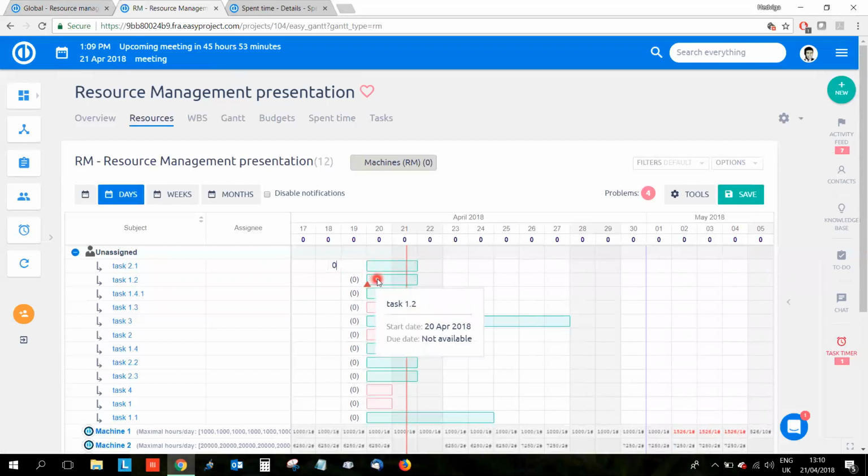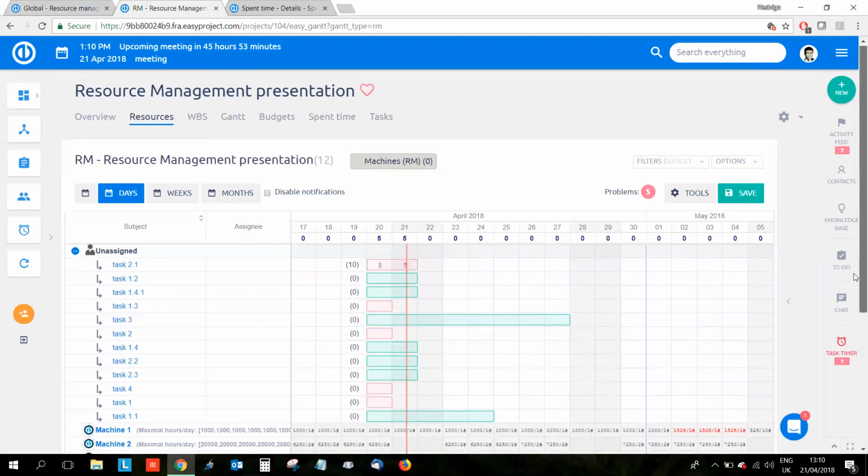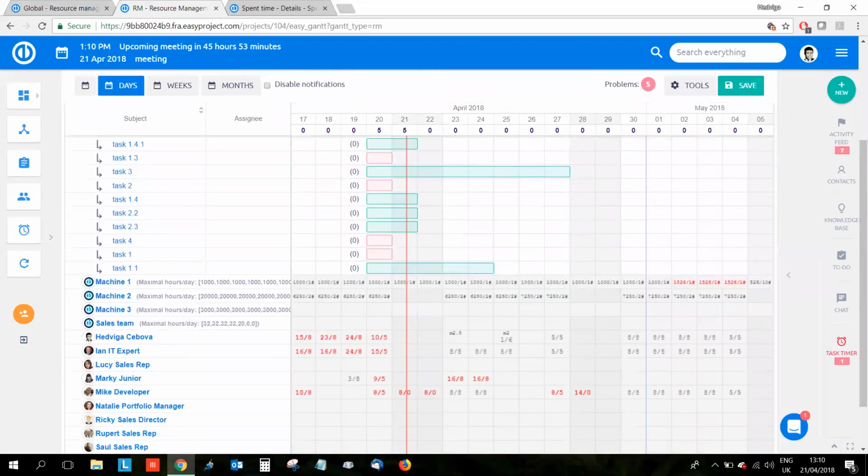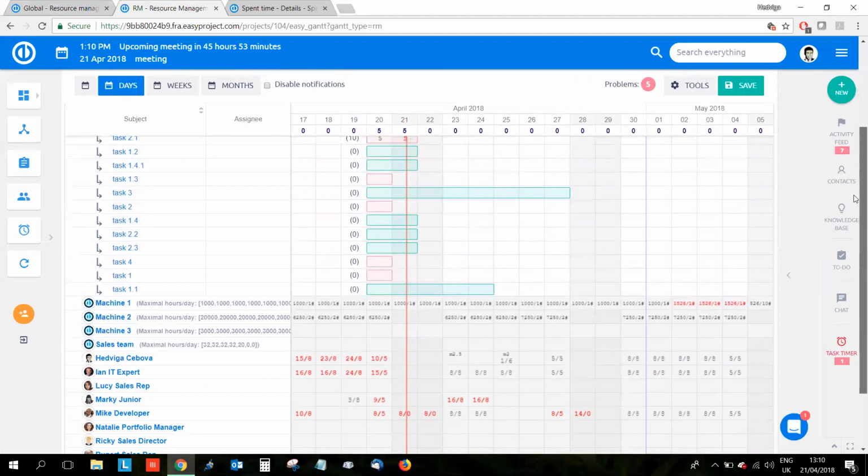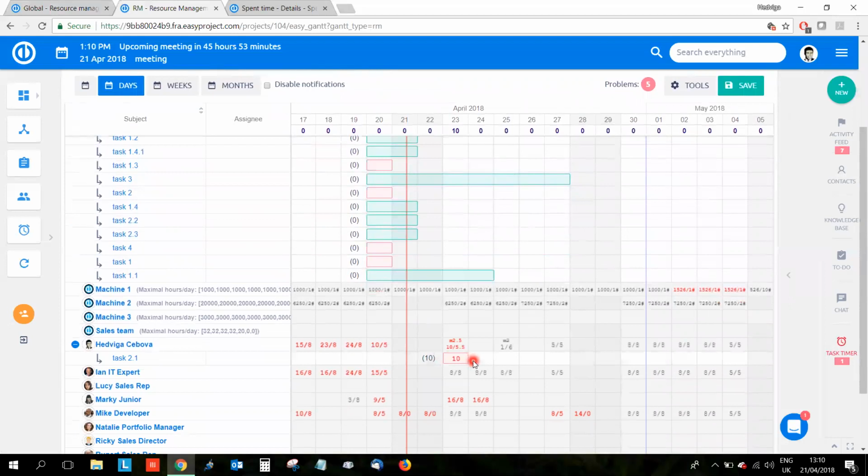If I want to assign myself a task, I can, for example, take this task. It doesn't have yet the estimated time, but when I click between brackets, I can choose that, for example, to finish this task, I need to work 10 hours. Now I can take this task and assign it to myself. For example, here. 10 hours is too long for one day, so I can extend it for more days